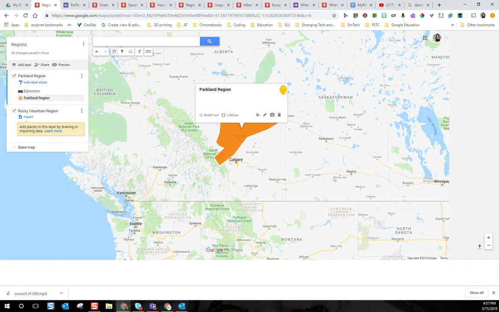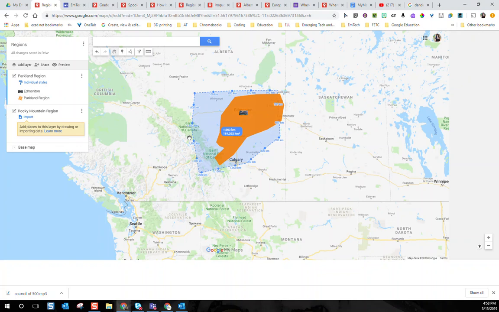There's another really great tool that's built right into My Maps, and that is the ruler tool. This is where you can measure distances and areas. I could measure the distance from here to here, but if I keep going with my clicks, it's going to let me move along. And now it's going to give me my area as well as my distance. So I really love that.